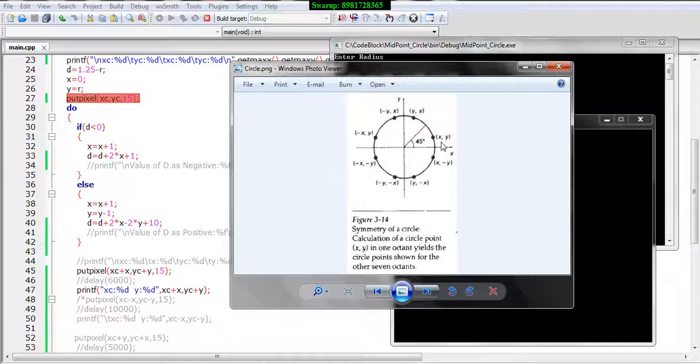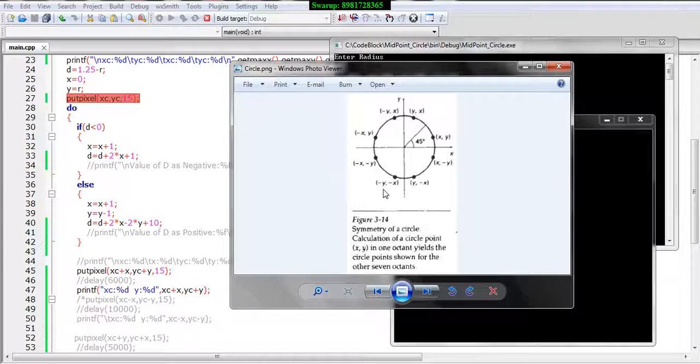Two points need to be taken care of. One is the variables x and y at the reflection. If you see over here, there is an interchange. See, x and y both are positive, so when it gets reflected over here, it becomes negative. So there will be a change of value, and there can even be a change of position of x and y. So this needs to be taken care of.